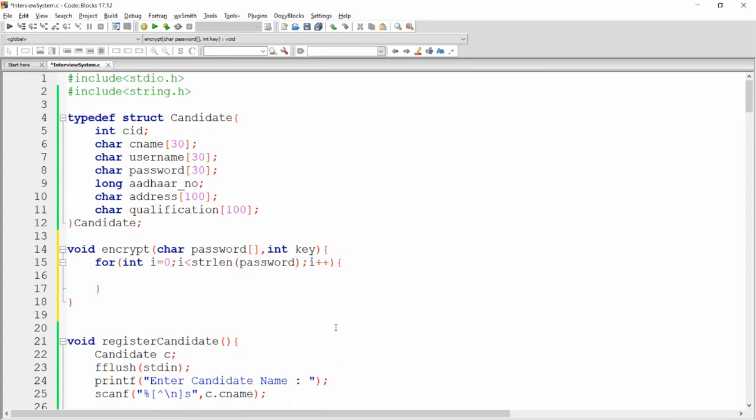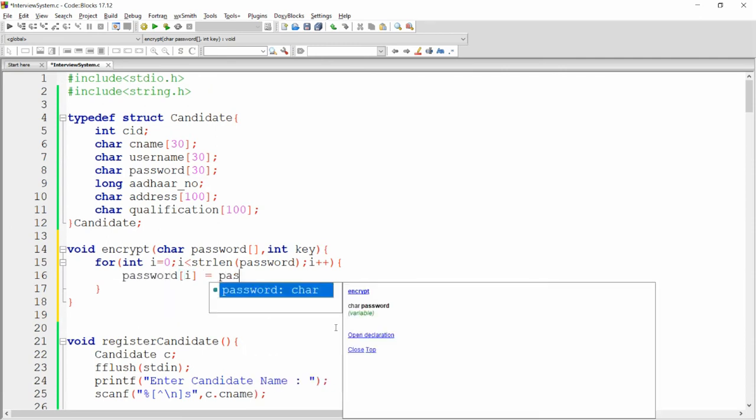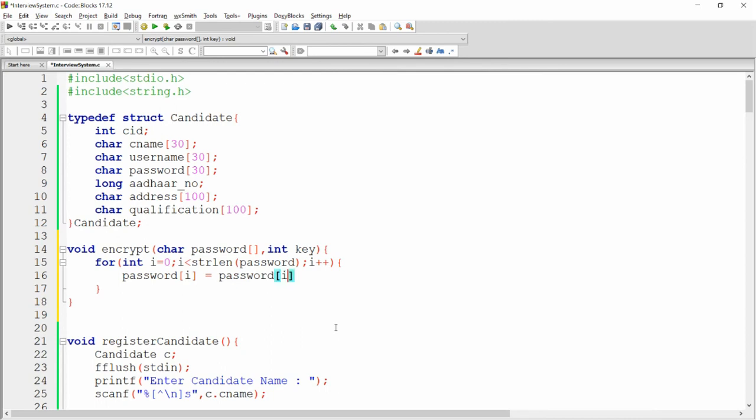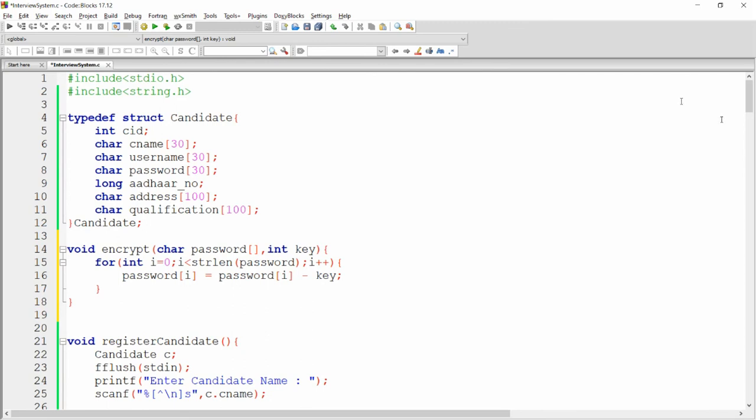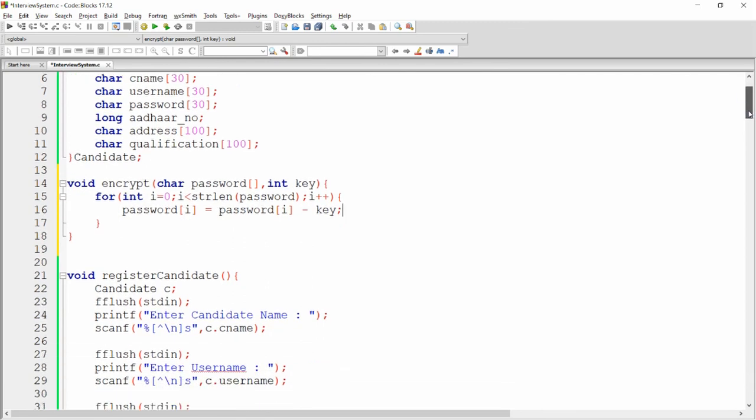So this strlen is the function of string.h, and for each character of the password I am subtracting the key. So I'm writing here password of I is equal to password of I minus key. So your key will be deducted from each and every character.